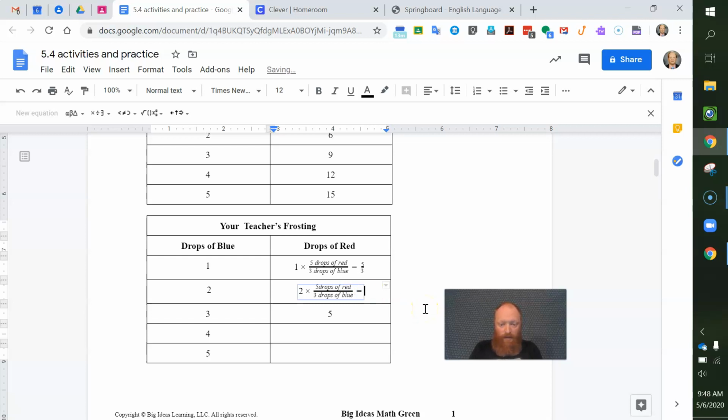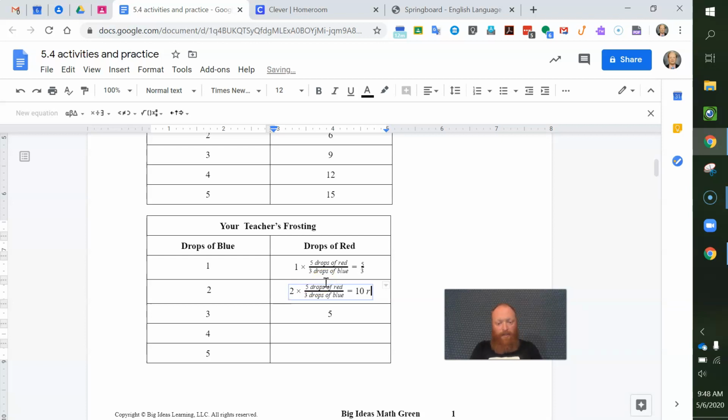And this is equal to, so what is 5 divided by 3 times 2? Well, if we remember, this is an improper fraction here. So this 2 is the same as 2 over 1. So we just simply multiply straight across. And so this is equal to 10